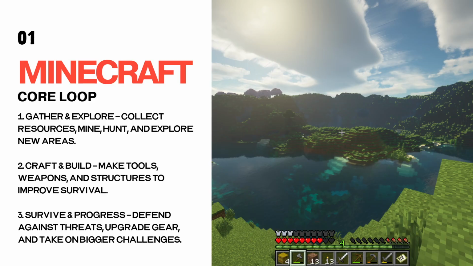For example, you have the Ender Dragon, and then, well, not really the end, but some of the newer mobs that have been coming up is the Warden, and he's pretty difficult to defeat. So obviously, when it comes to that, you always have to make sure that you have the proper gear and the proper food. You have everything that you need to beat these bigger challenges.